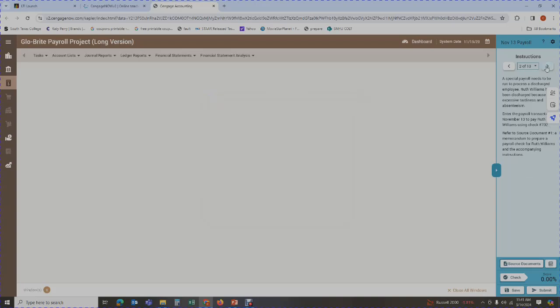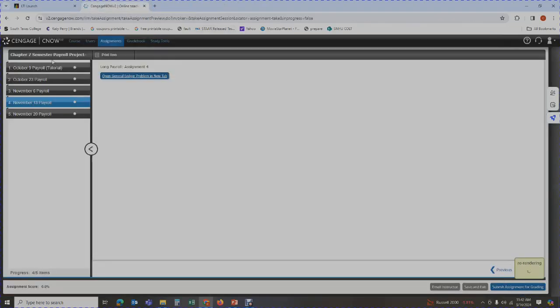Okay, so you're going to be able to follow the instructions and complete the task. Okay, and then you're going to move on to the following items, so on and so forth. Okay, so the system does not change. It's just a task that you have to complete every time. Okay, and then of course you check your work. Okay, so this is what you're going to be completing. For the first part of the semester, it's just basically doing all of the different payrolls for October, November, and